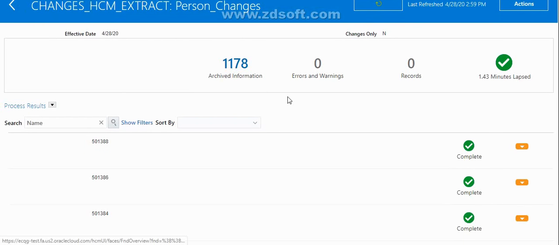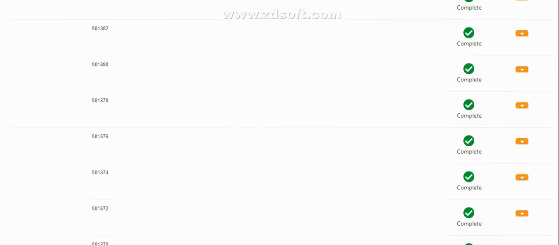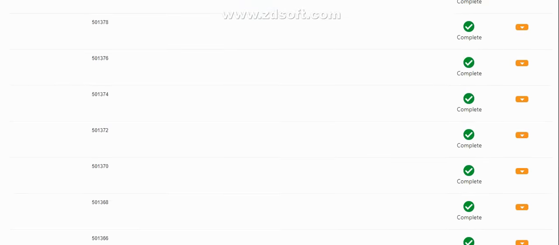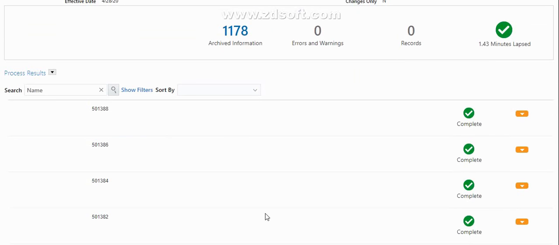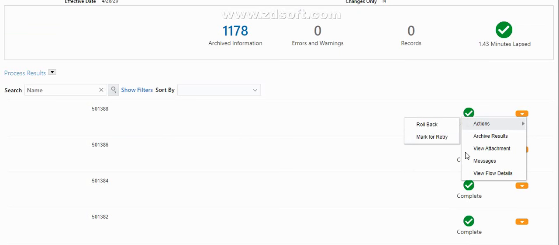A total of 1178 records are extracted, which means the complete person information has been extracted. These are the different person numbers that we have. If you want to see the details, you can click on view archive results.